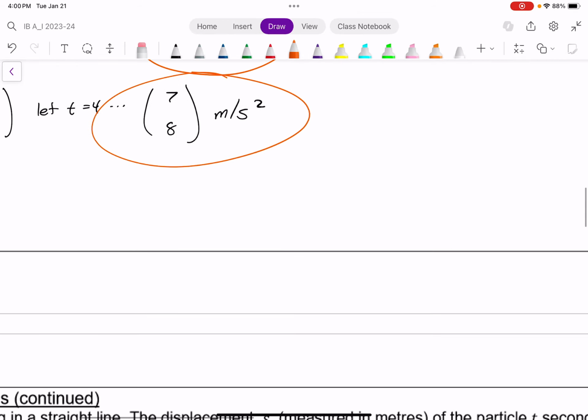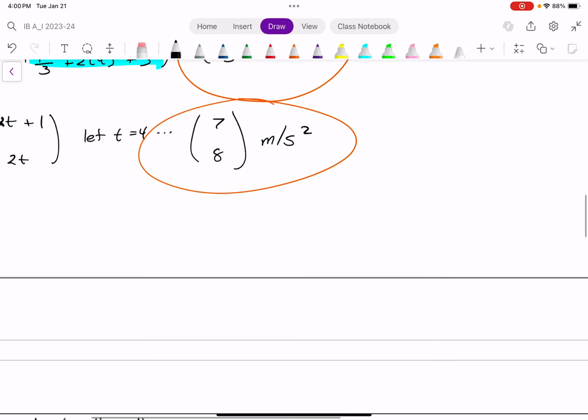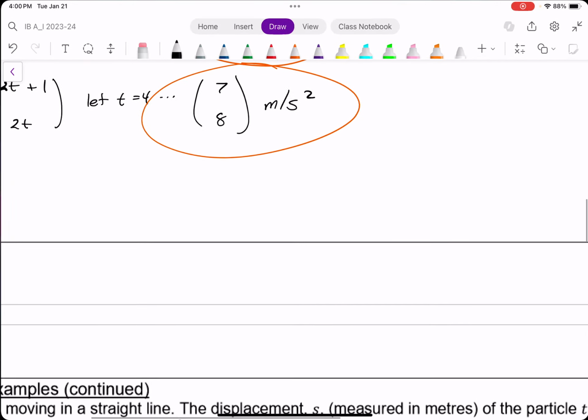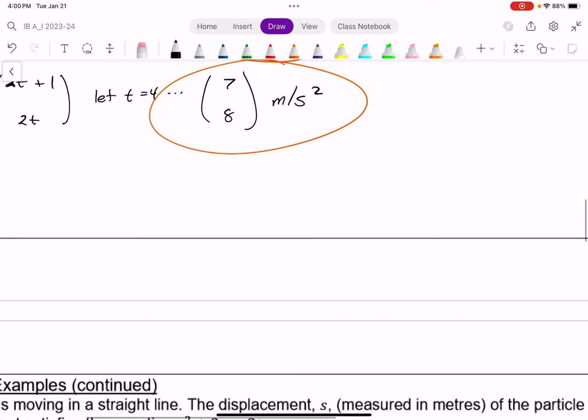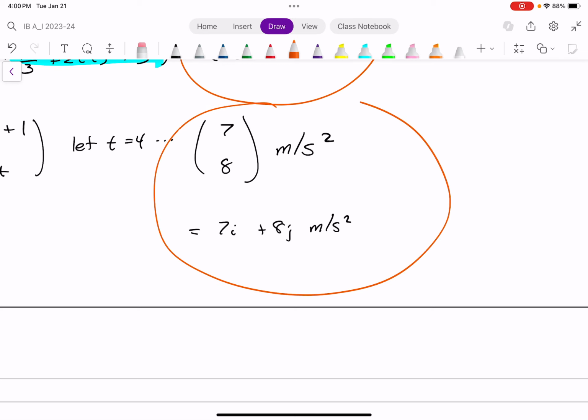Just keep in mind, any column vector we could also write with the components i and j. I'm not a huge fan of it, but who cares what I think. And so you could also write this as 7i plus 8j meters per second squared. Just as good. Doesn't matter what you use as long as you understand both. All right,